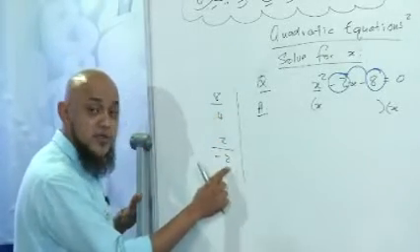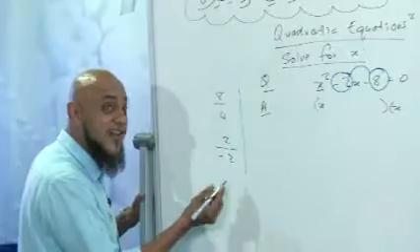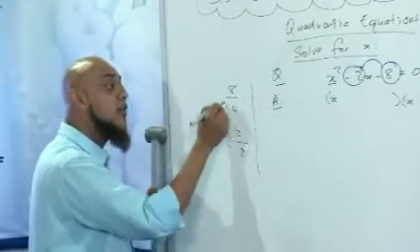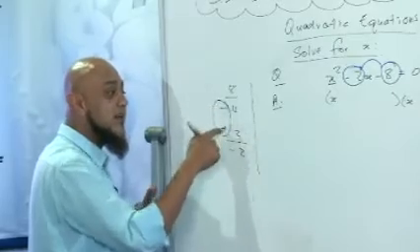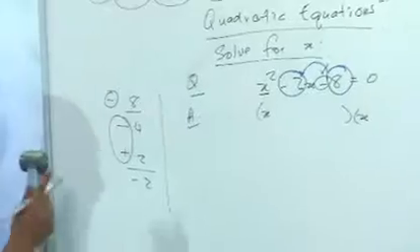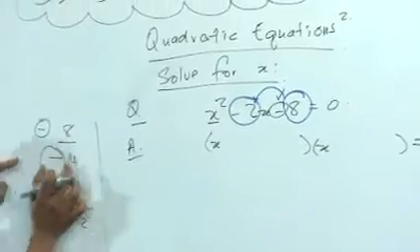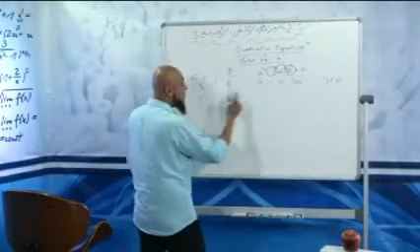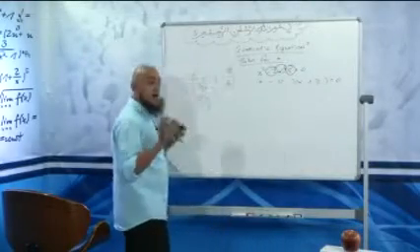Does a 4 and a 2 give me a 2 when added or subtracted? Yes, it can. What must the sign be? Negative 4 plus 2 to give me negative 2. Don't forget to multiply the signs. Negative times positive is a negative. What is my last sign? Negative. So now we know we are right. So all you do is you copy and you paste. Negative 4, negative 4. Plus 2, plus 2. There we go. Those are our two factors.